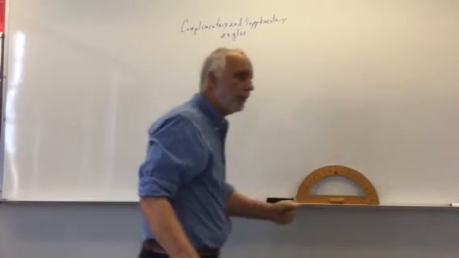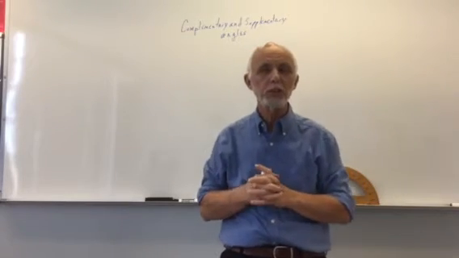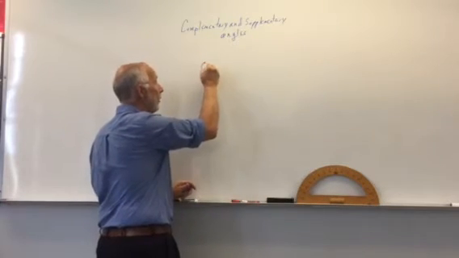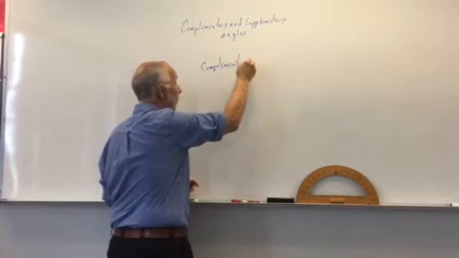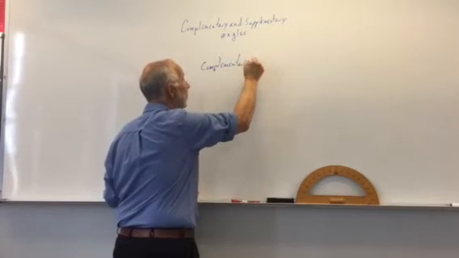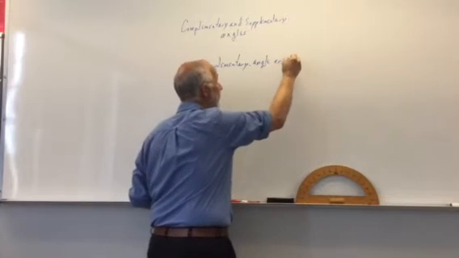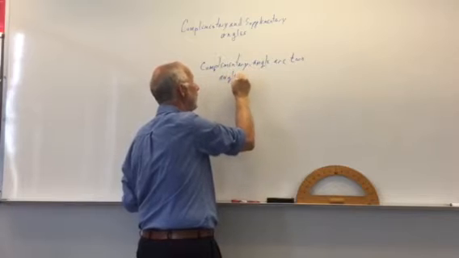All right, here's another video that deals with angles, but this time what I'm going to talk about is two special types of pairs of angles. First type would be something called complementary angles. And complementary angles are two angles that add up